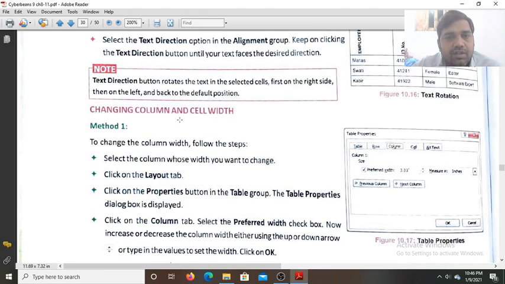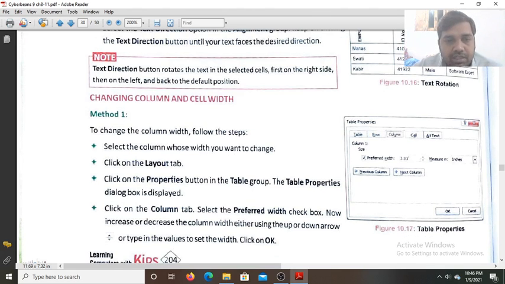Next, how do we change the column and cell width? To change the column width, first we have to select the column whose width we want to change. Then click on the layout tab, click on the properties button. You'll find it in the table group. The table properties dialog box will open. Click on the column tab. There you find the 5 tabs: table, row, column, cell, alt text.